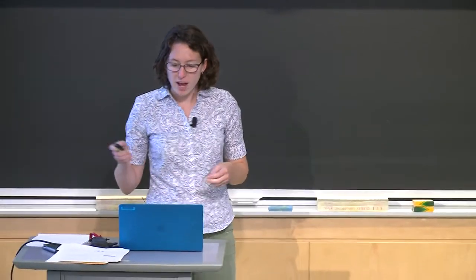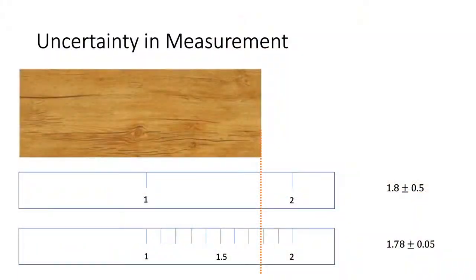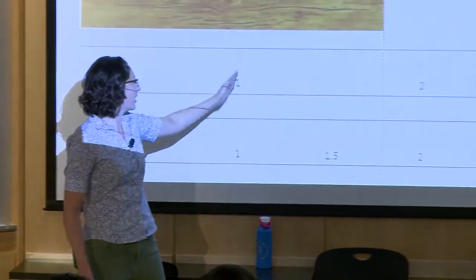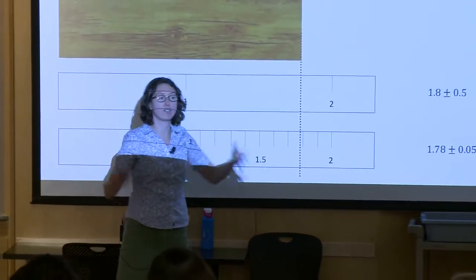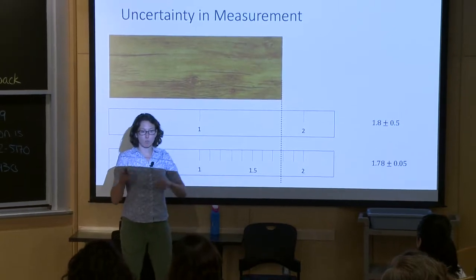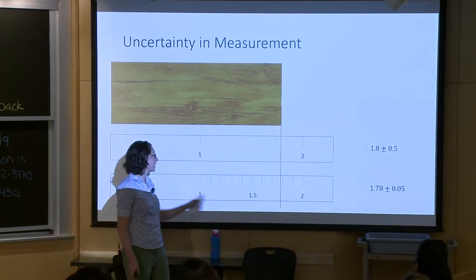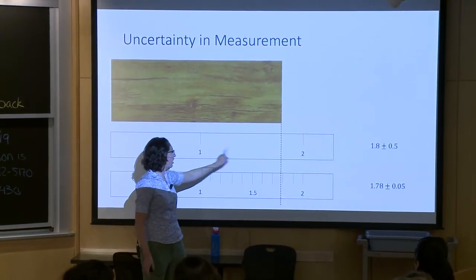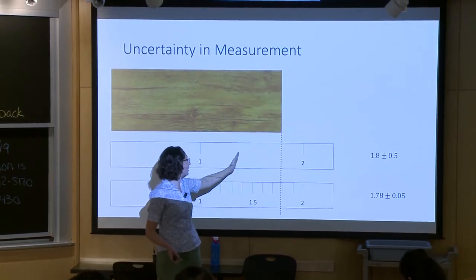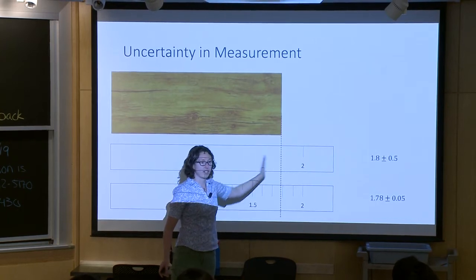So if we go back to our piece of wood, then using that ruler that we had earlier, we can estimate maybe this is 1.8, so we have gradations every 1 unit. We still don't have units, whatever this is, and then you can estimate 1 digit past that. And then our uncertainty is our gradations divided by 2. So we know that we are within 0.5 of the correct answer